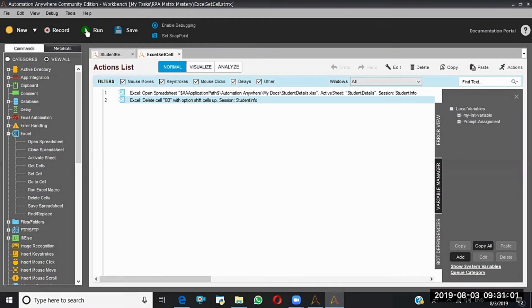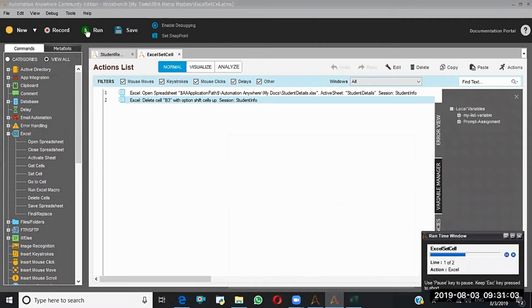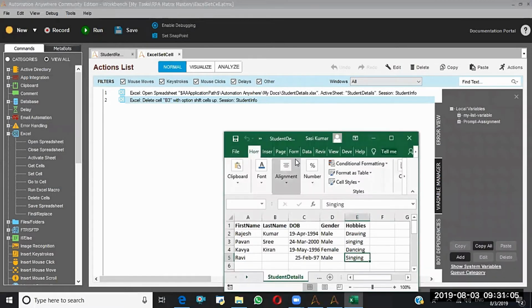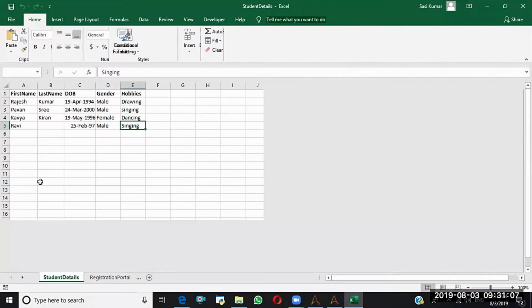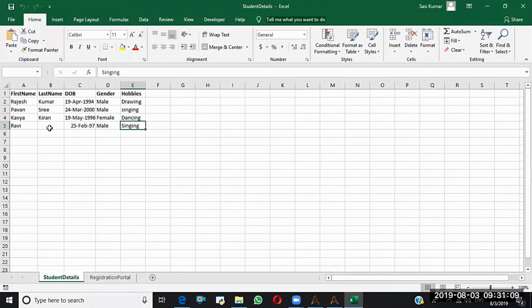And from this time, see, this Pawan Kumar has been deleted and cells have been moved up. That's the reason Pawan Sri and Kavya Kiran came. Okay. So that's about cells up.